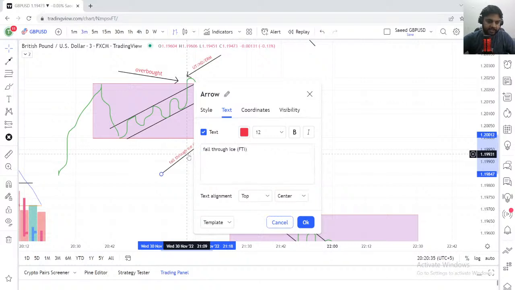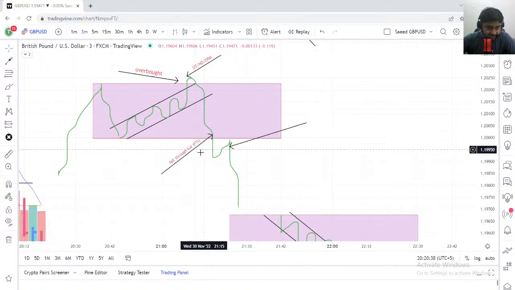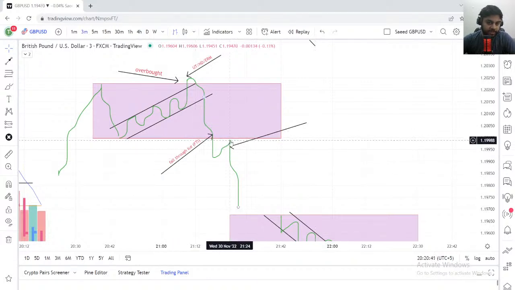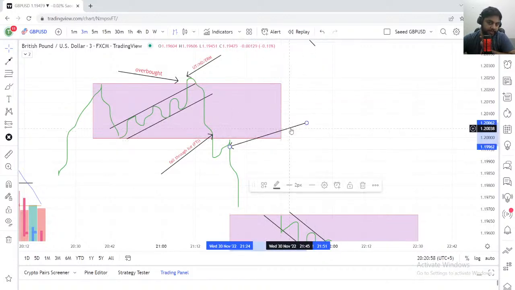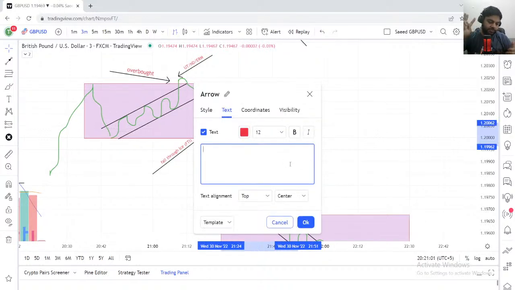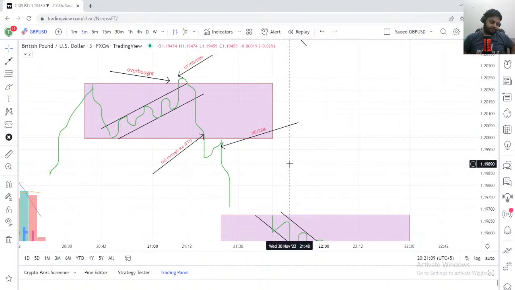FTI. We call it FTI. And then the market goes up again to this support level, which has now turned into resistance. The market is testing this resistance level in the form of which bars? Can you tell me which bars you can see over here? Well, you can see two or three possible bars. Which ones? You can see a no demand bar, or you can see an end of rising market bar. If you find these two bars, just sell again.